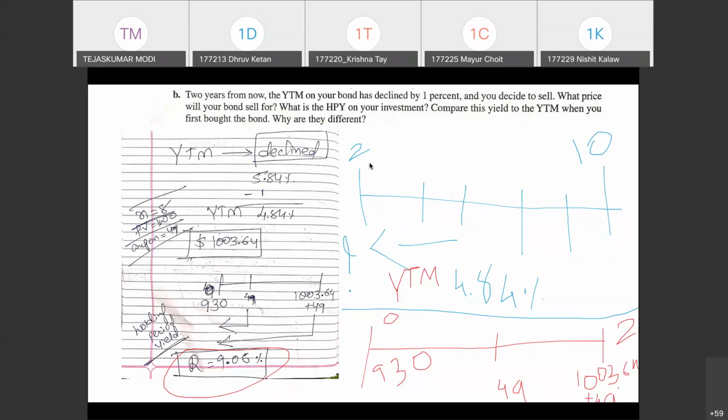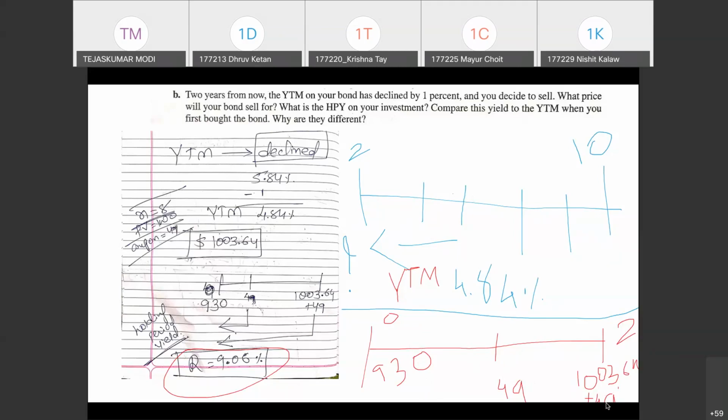What is the HPY, that is, the holding period yield on this investment? That is very straightforward, right? Because you had invested 930 and now you are selling this for 1003.64 and you have also received 49. So the holding period yield is nothing but the internal rate of return of this information. That is, you have invested 930 and you are going to sell at 1003.64. So same YTM formula, but now